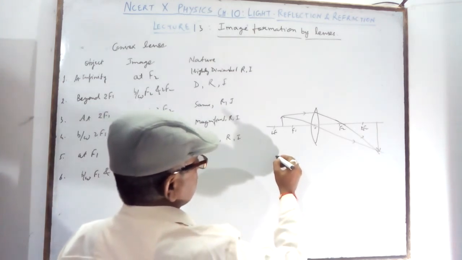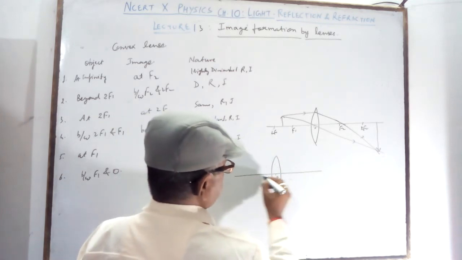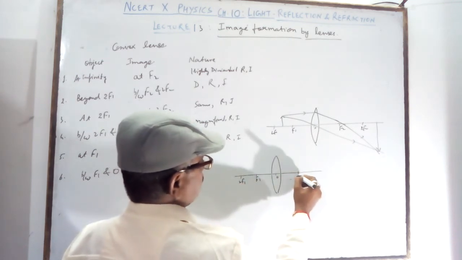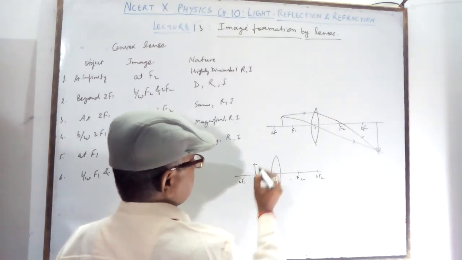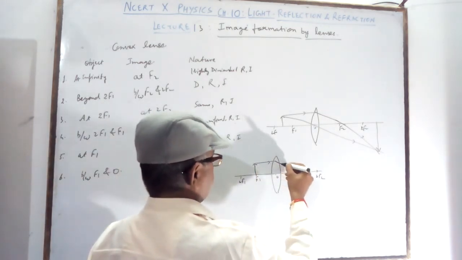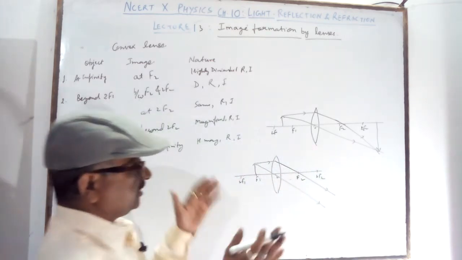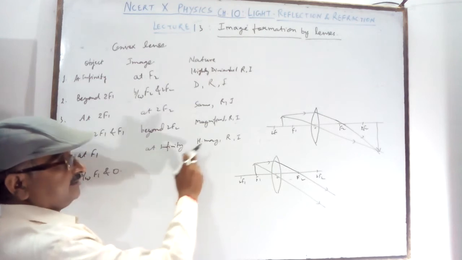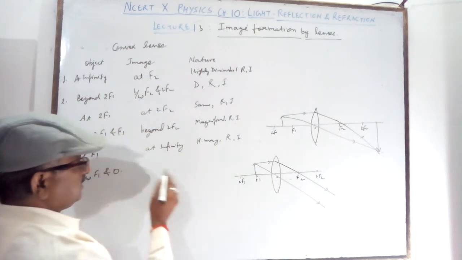In this case, what will you get? At O, f1, 2f1, f2, 2f2, or at f, what will you take? There you take two rays, one is parallel and it is going this side. One is here, and both are going parallel, assuming they meet very far, at infinity, and you get a highly magnified, real image.